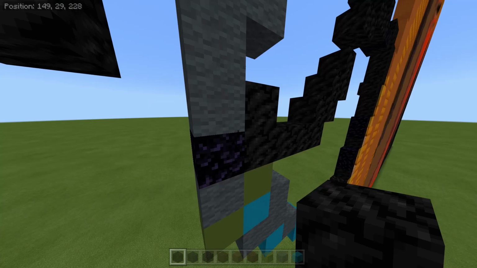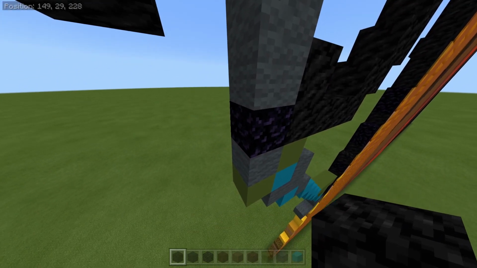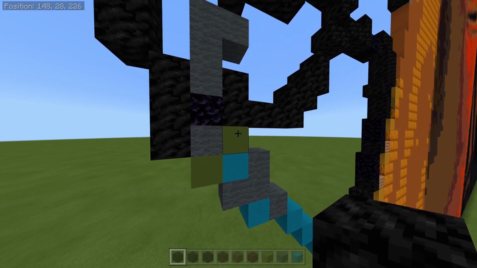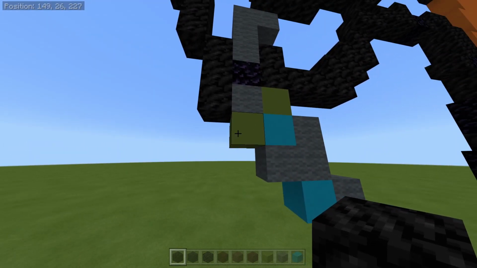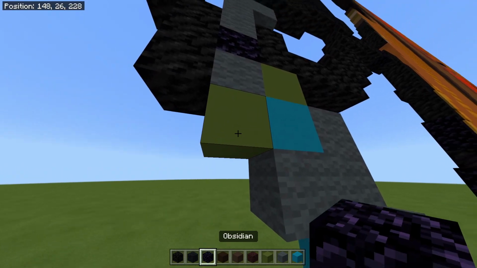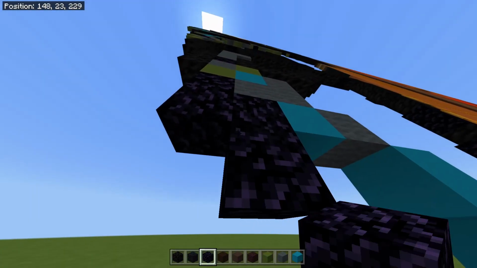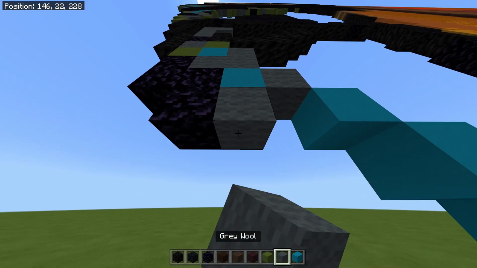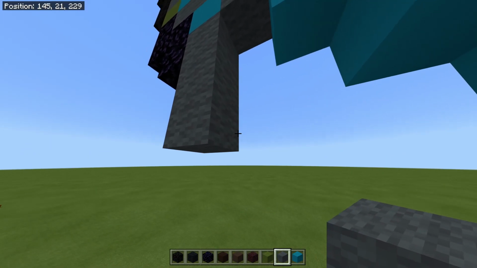Go back to this obsidian, and on the left, using that as a center block, place 3 blocks of coal going down like so. Now go to this green concrete, and underneath it place 2 obsidian going down with a linked 2 going down to the right, and then place a linked 3 grey wools going down to the right, 1 block going across